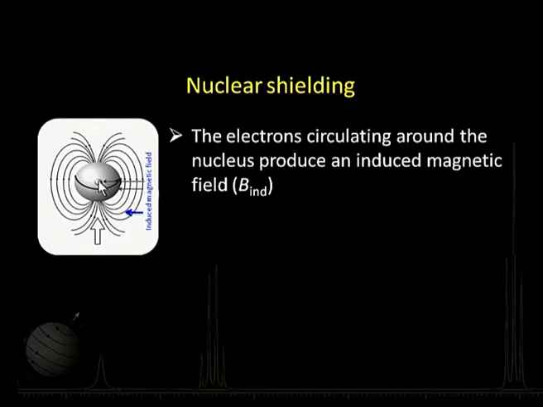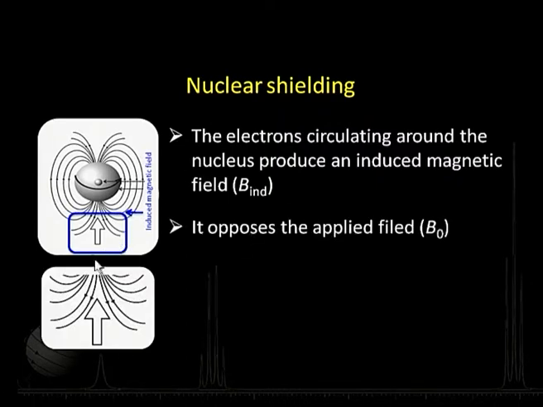Now, let us understand what we mean by shielding and de-shielding. We have a proton here which is responsible for my NMR spectrum. This proton is not alone, it is surrounded by a much larger electron cloud. These electrons circulating around the nucleus generate, because this atom is in the magnetic field, some kind of induced field. This induced field is because of the circulation of electrons around the nucleus.